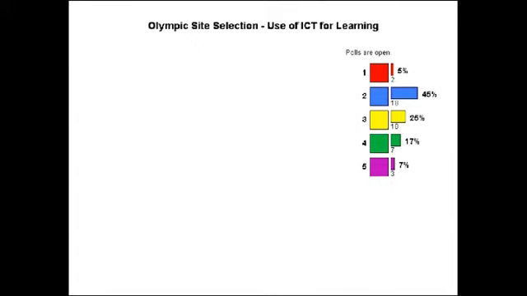Thanks to you both. Interesting thinking there. And we're seeing a lot of debate on Olympic site selection and the coding score among the voters in the poll, of participants on the call. So I want to give you a chance to think through this. A lot of people are voting a 2 on this, on use of ICT for learning. We've got about 20 to say it's a 2, so that would say